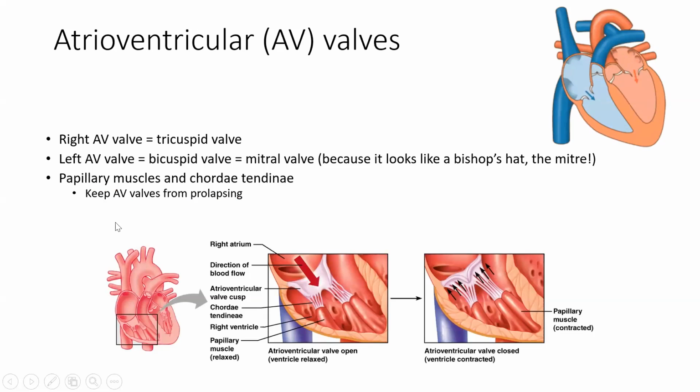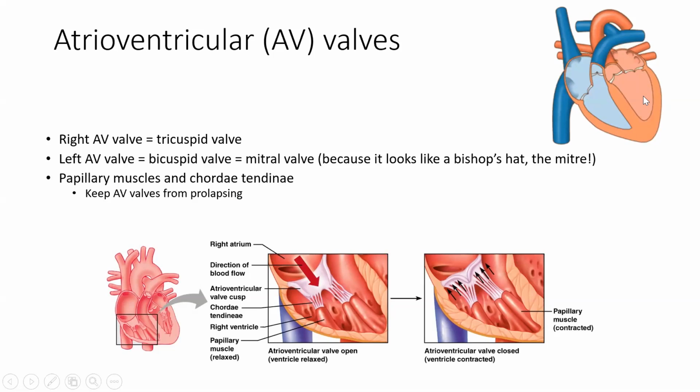So let's talk about these valves here. We've got the right AV valve, which is called the tricuspid valve. This separates the right atrium, and I'll point them out here. So this is the right AV valve, separating the right atrium from the right ventricle. We've got the left AV valve on the left side of the heart, separating the left atrium from the left